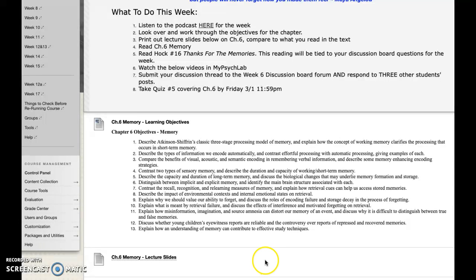But first off, let's talk about the objectives for chapter 6. This chapter follows the chapter on learning, and it's done on purpose because memory is so interrelated to how we learn. Sometimes I wish they would have done the memory chapter first. I've considered doing that. But honestly, I think that understanding the learning principles we just covered, like classical conditioning and operant conditioning, is really important to further understanding how we remember material.